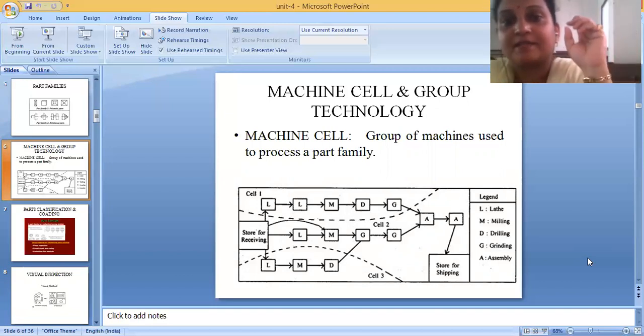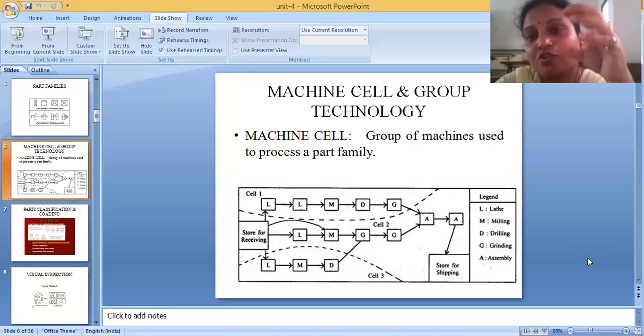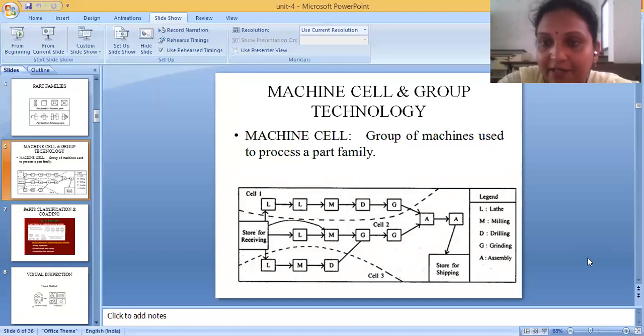In the figure it is mentioned as cell 1, cell 2 and cell 3. Assume that cell 1 is where you are going to do the machining operations of part family 1. Cell 2 is where you are going to do machining operations of part family 2. Similarly, cell 3 is an area where you are going to do the machining of part family 3.